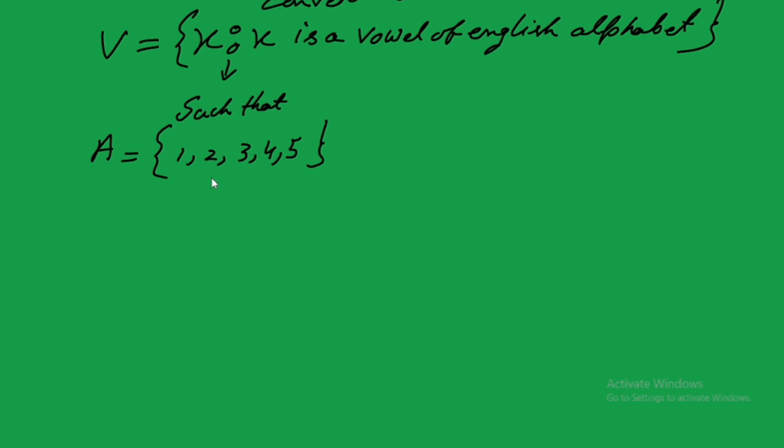In this whole chapter and all the exercises, we will find this kind of task, where you have to convert roster form to set builder form. So the example is A is equal to, in curly braces, 1, 2, 3, 4, 5. How do we convert and write this in set builder form? I am going to say that you should pause this video and try it, all of you, and after that